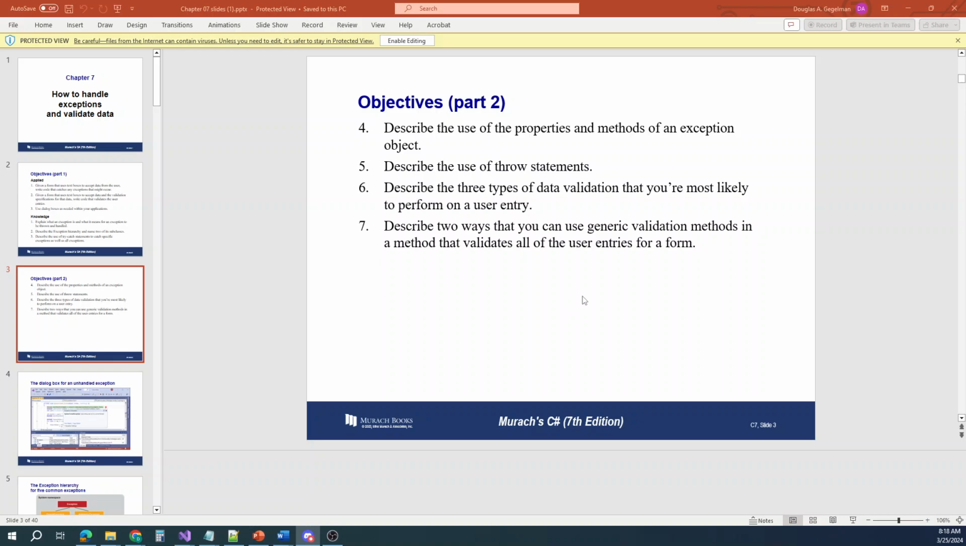Describe the 3 types of data validation that you're most likely to perform on a user entry. Describe 2 ways that you can use generic validation methods and a method that validates all of the user entries in a form. So as we go through these slides, we won't go through them all just because a lot